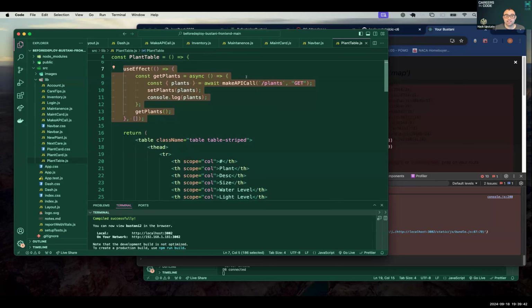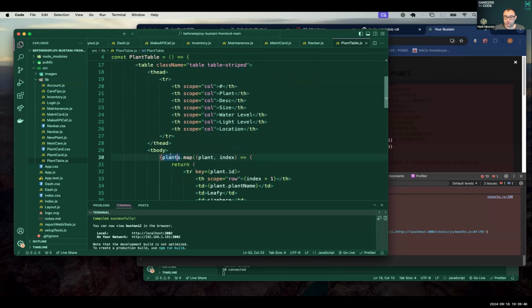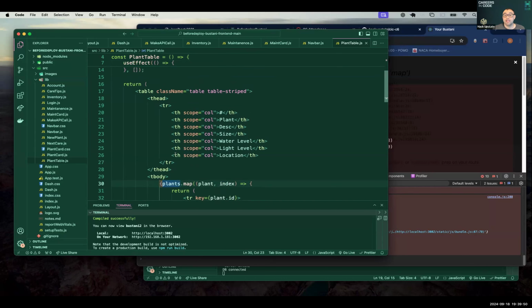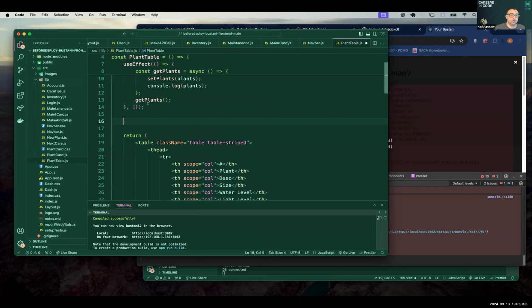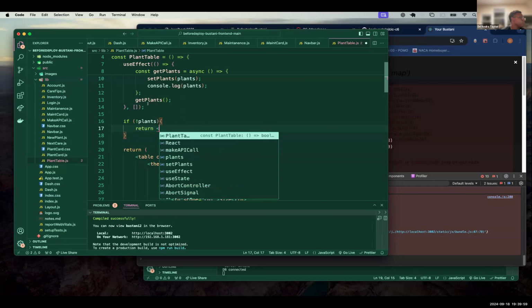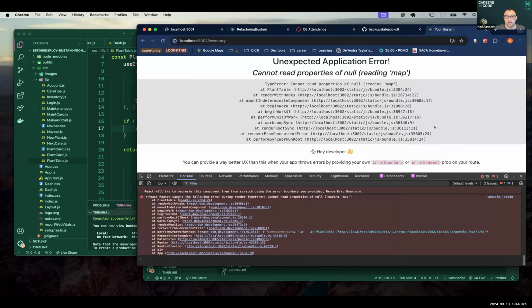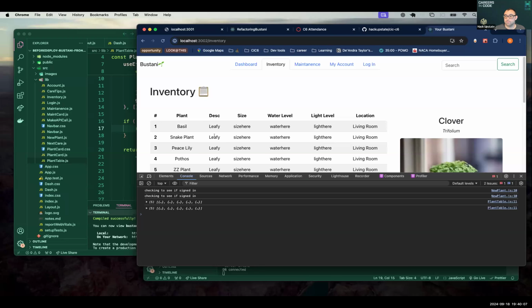So what happens is when the page first shows up, it's trying to map over your plants and the plants aren't there yet because the API call hasn't loaded. So up here, we can say if there are not plants, and now when we refresh, no problem.